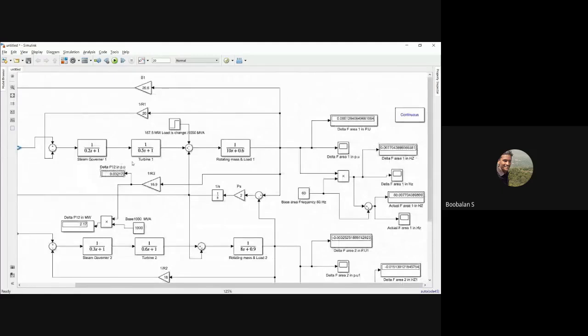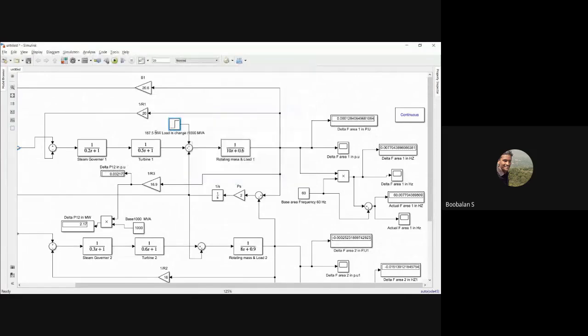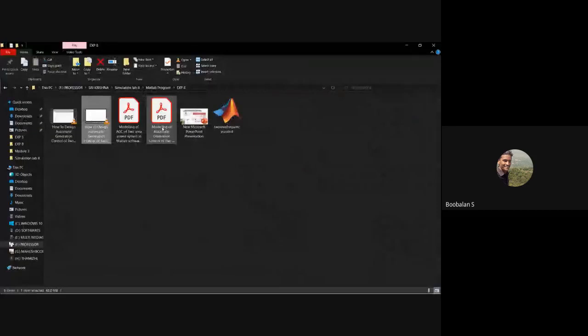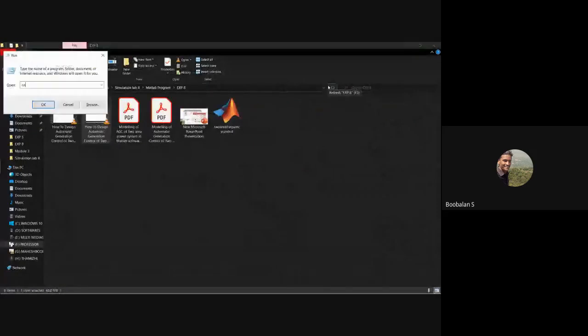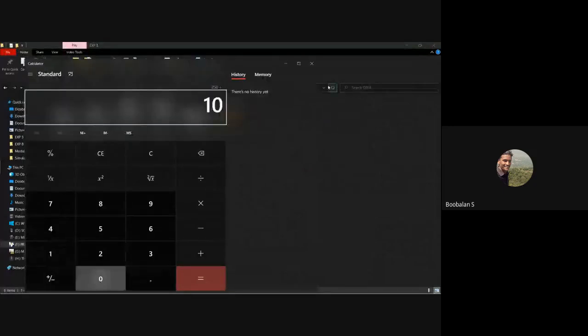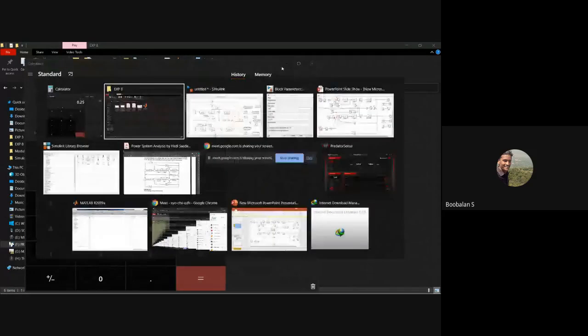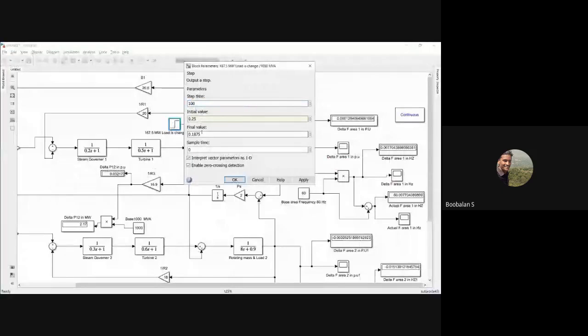I'm just going to change the load on my generator number 1. Instead of 180 megawatt, I'm going to use about 250 megawatt. Let's calculate. Check how much 250 megawatt is: 250 megawatt divided by base MVA 1000. How much? 0.25, right? We're just going to introduce 0.25 over here. Initial value 0.25, final value 0.25. We'll check it out on screen.